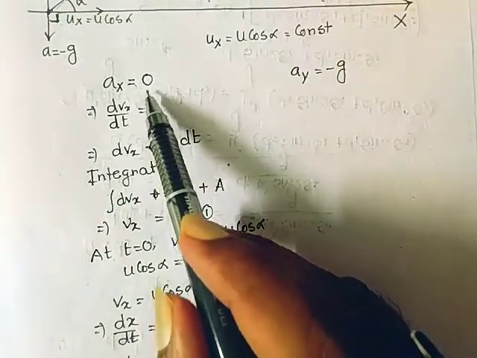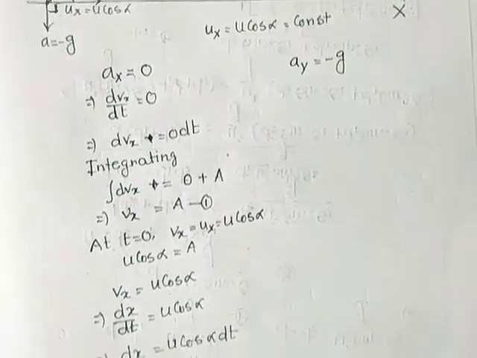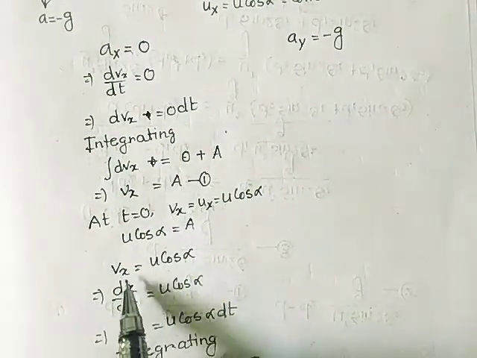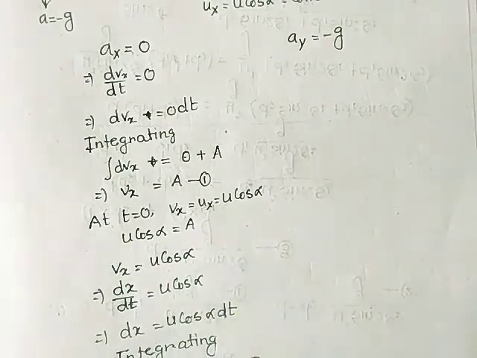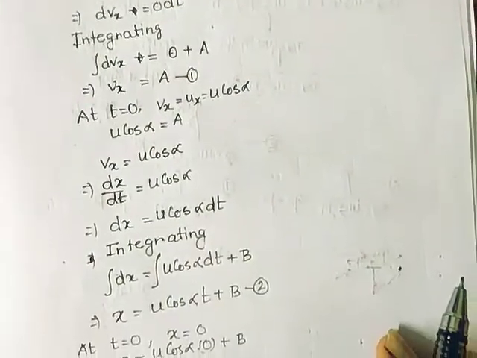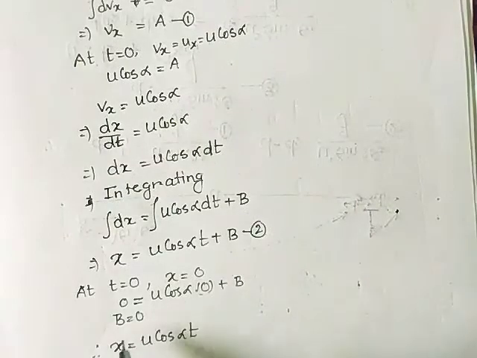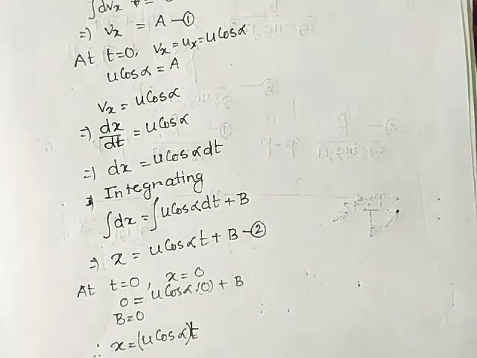Along the x-axis the acceleration is 0, so acceleration does not affect it. From here we obtain that at any point, vx equal to u cos alpha, and it is independent of time, so it does not change. So at each and every point on the projectile, the x component of the velocity is u cos alpha. That we get from the concepts, and by integrating and applying boundary conditions we have also seen the same thing. In addition to that, x equal to u cos alpha into t. U cos alpha is the velocity of the particle which is constant throughout the motion, so it is motion of the particle under uniform velocity along the x-axis.